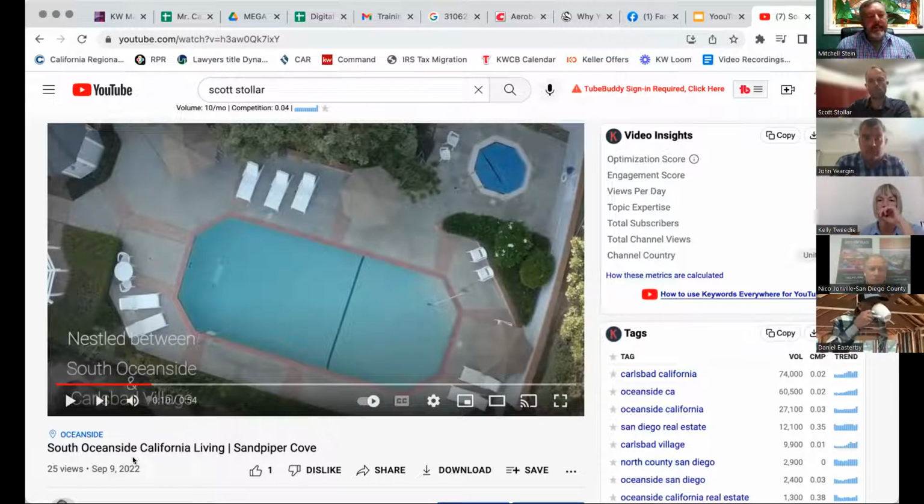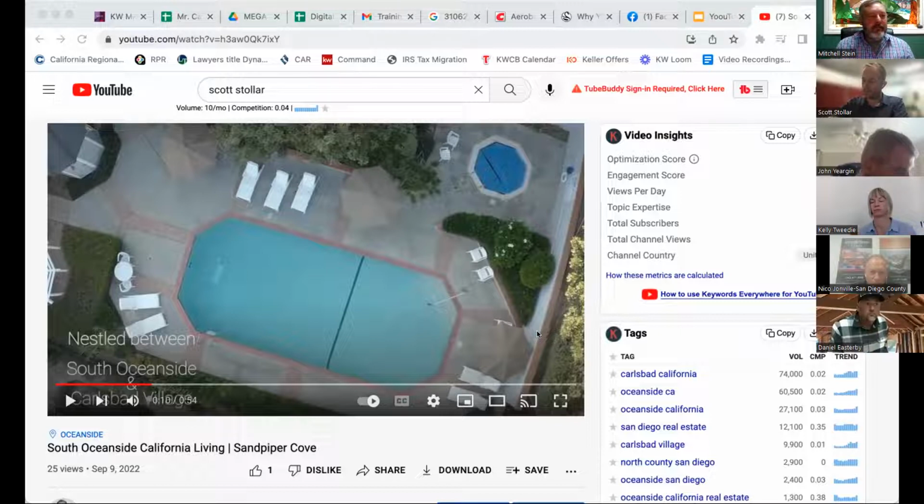Now, this is Sandpiper Cove, right? That's the name of this neighborhood. Correct. That's the condo community. Is it one address? No, each unit has its own street number. It does? Okay. But for Sandpiper Cove, do a video just about Sandpiper Cove, Oceanside condominiums. Just do a video about that. It doesn't have to be very long. You can be standing in front of it.